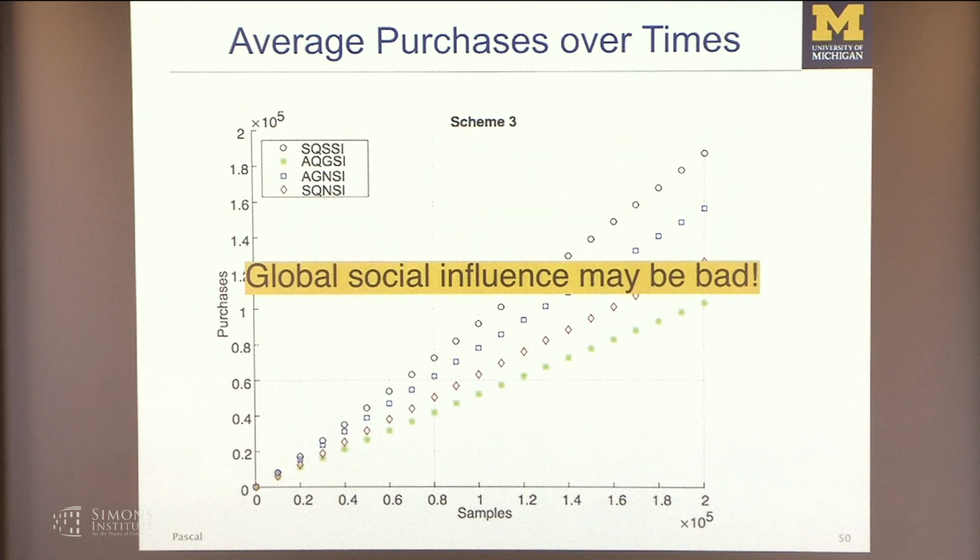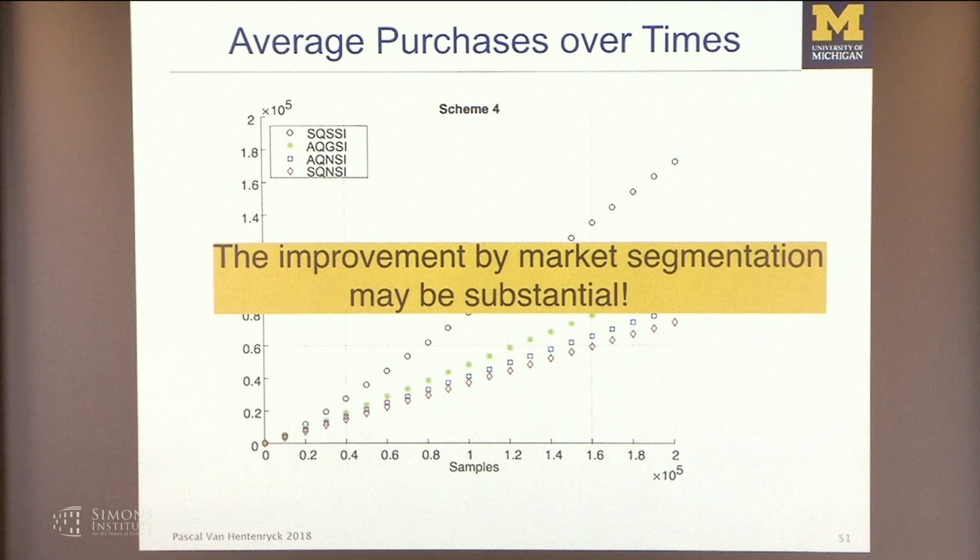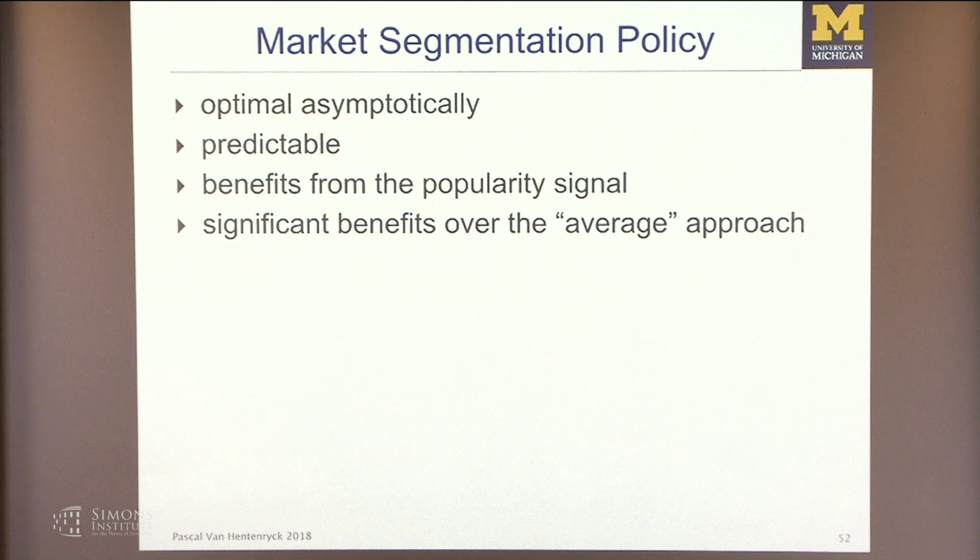What you can see there is that social influence on the average quality can be really bad. We can also show that social influence can bring very significant benefits when you do this. This is more than 100% benefits. So even if you do market segmentation, the market is predictable, is optimal asymptotically, and you benefit